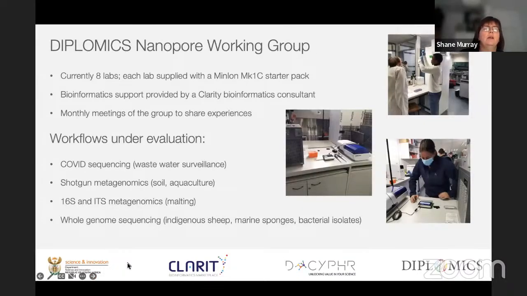Okay, great. Thank you. So a little bit more about our Nanopore working group. We set this up at the beginning of this year, and currently there are 8 labs in our network who elected to be part of this initial phase. What Diplomics did is that we supplied each lab with a MinION Mk1C starter pack. This is a very low cost starter pack. You can either get a basic starter pack or an enhanced starter pack with 6 or 12 flow cells. And the idea behind this was just to give each lab a chance to test some of their DNA samples